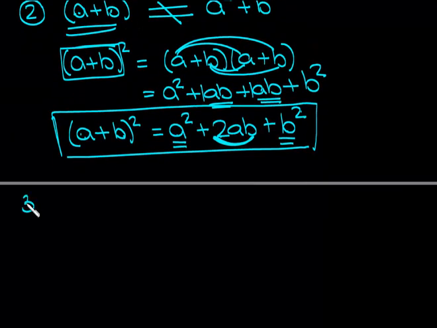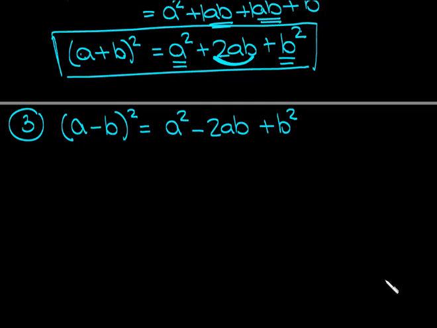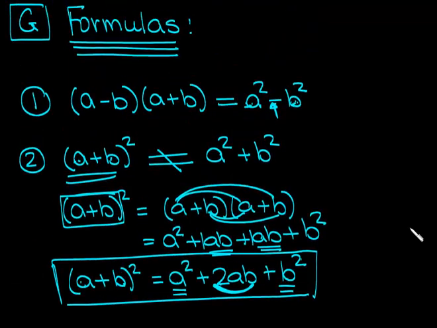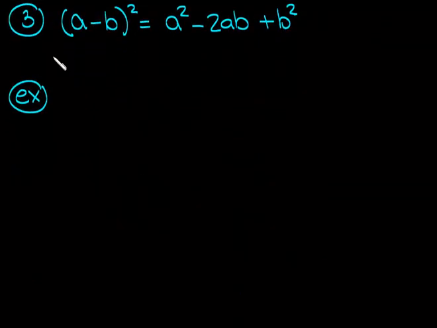There's a variation of this formula that I just gave you. Instead of a plus in the middle, if you had a minus in the middle, then you get a squared plus b squared and then minus 2ab. So in the middle you end up with that. So those are the 3 formulas you should know, and I really would encourage you to memorize them. They're very useful. Okay, it'll speed that up. So let's take a look at a couple examples that utilize these. I already gave you examples of the first formula, the conjugates. There's 2 examples right there. Okay, but let me give you one more just to get the